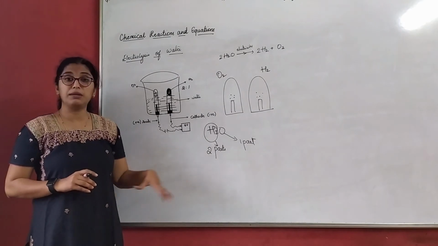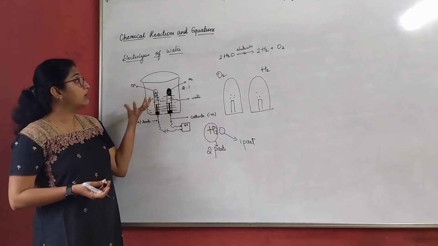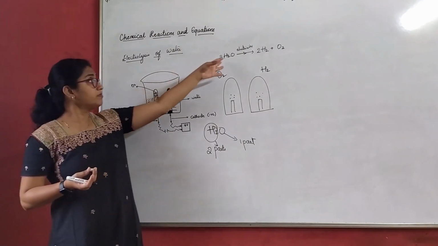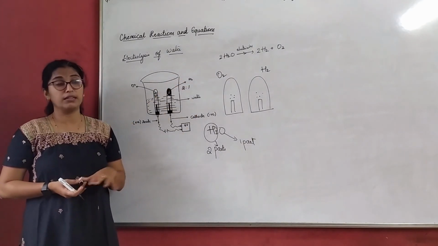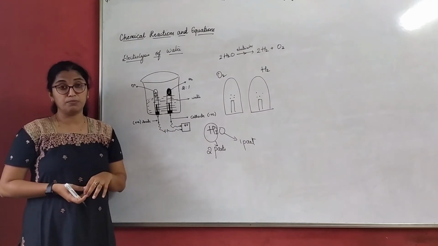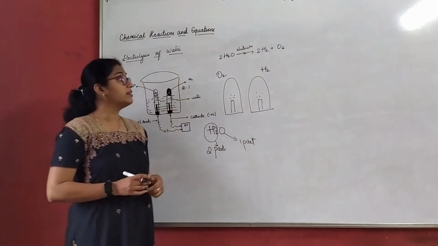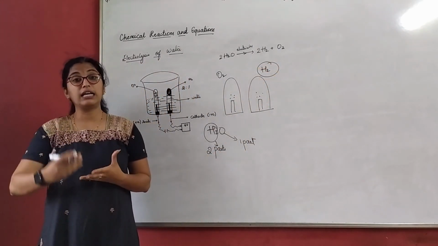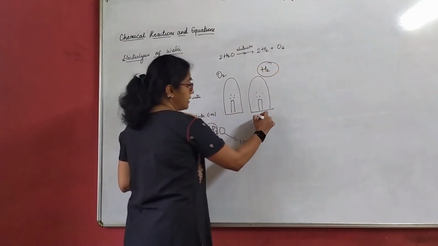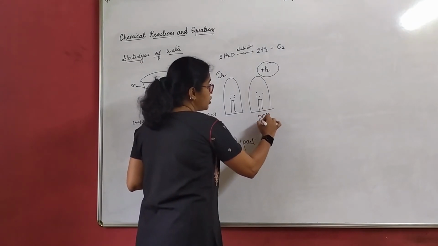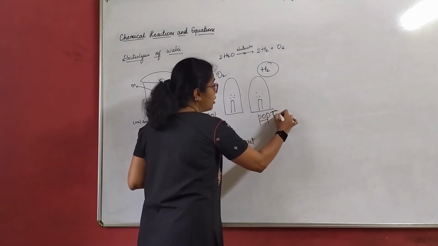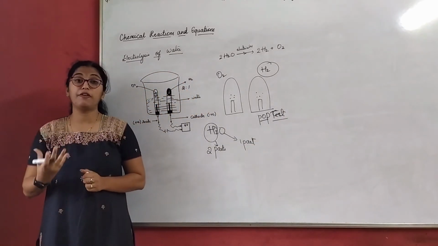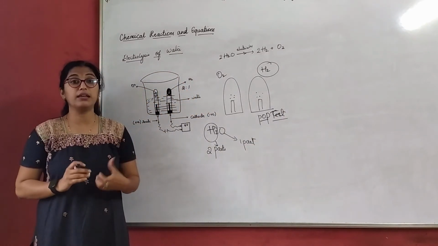This is a small experiment to check how the components of water get separated by the electrolysis method. This is electrolytic decomposition of water. Now another thing which I told you was the presence of hydrogen, right? There is another simple test called the pop test. There can be a question asked in the exam: what is the pop test? Or how do you check the presence of hydrogen in the given chemical reaction?